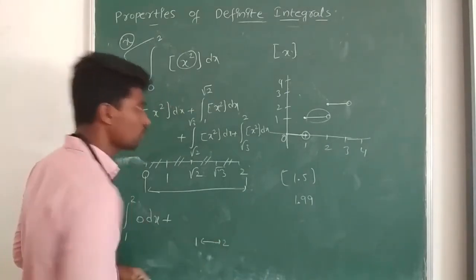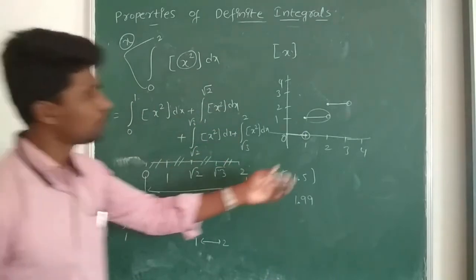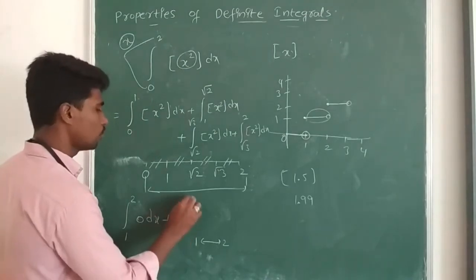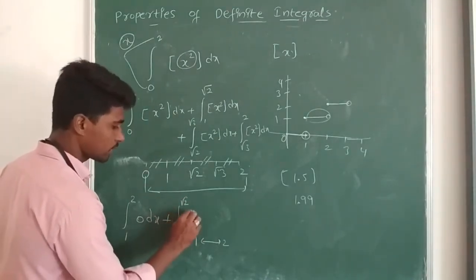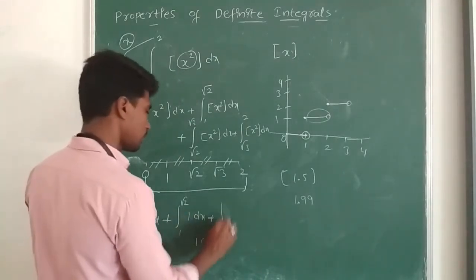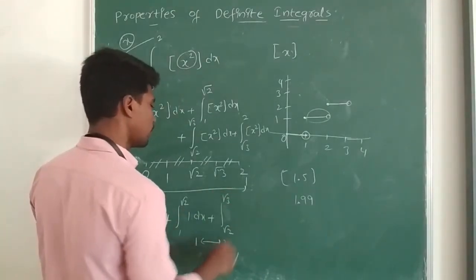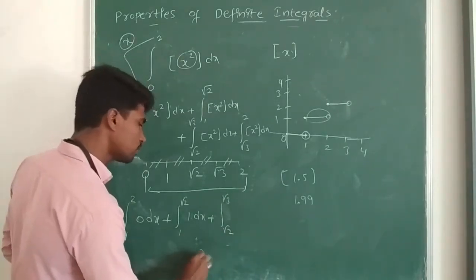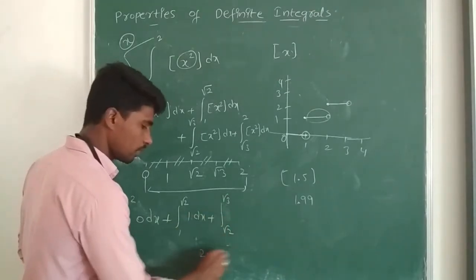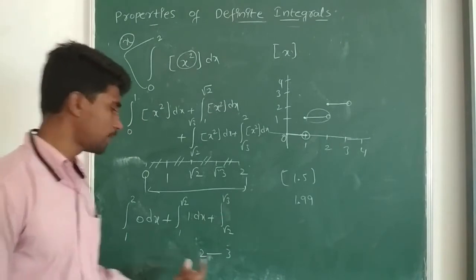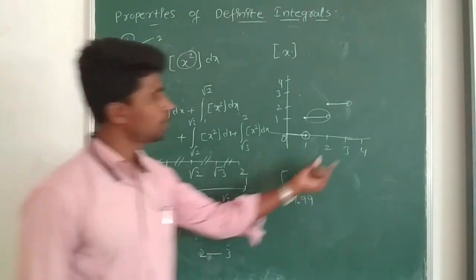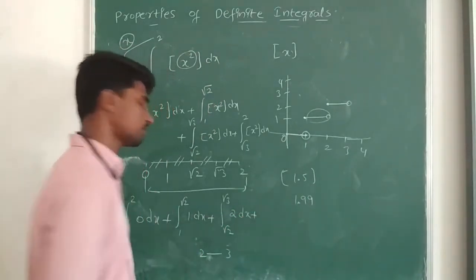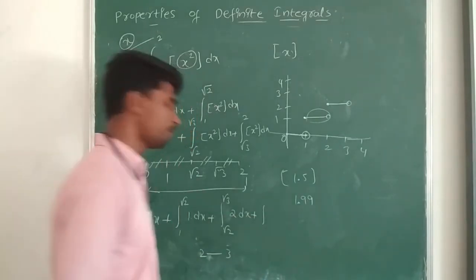So between 1 and 2, how does step x behave? Between 1 and 2, the value of step x is 1. So I get here integral 1 to root 2 of 1 dx, plus integral root 2 to root 3. What is the lower limit? Root 2, so the lower limit square is 2. Upper limit root 3, upper limit square is 3. So how does step x behave in between 2 and 3? It behaves as 2. So I get 2 dx, plus integral